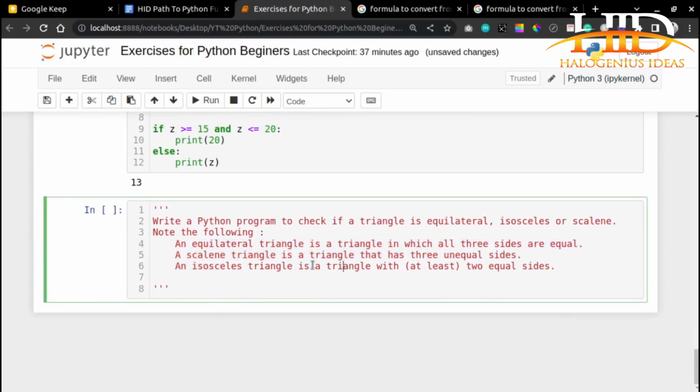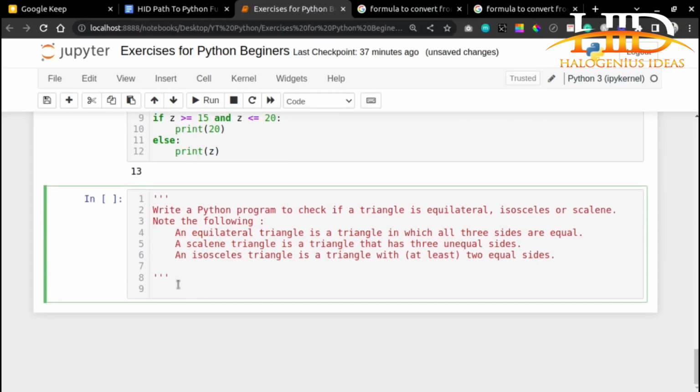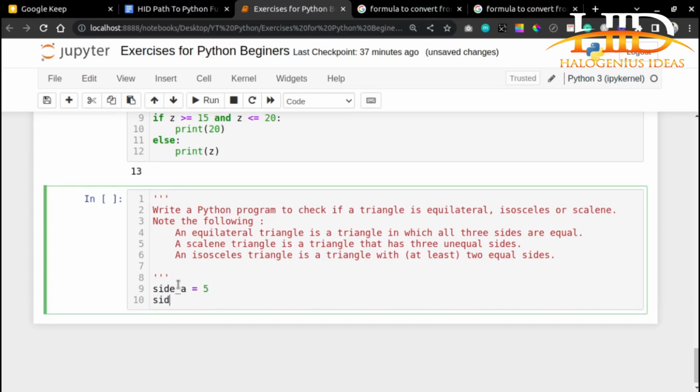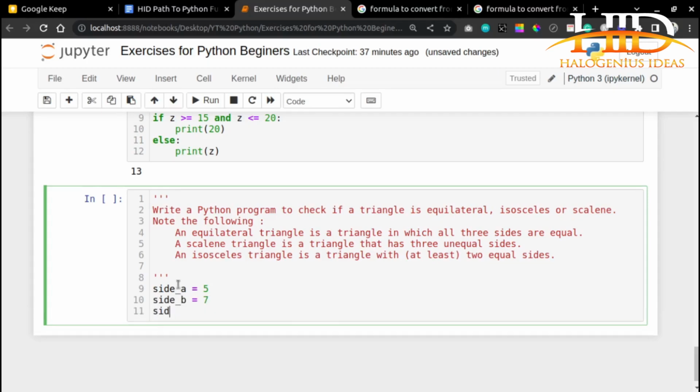Since we are talking about three sides, I can say side A equal to say 5, side B equal to maybe 7, side C equal to 5 or something. The exercise didn't specify if we are supposed to accept the input from the user, so that is why I'm just fixing in my own values. But if the exercise mandates you to accept the input from the user, you should be doing something like